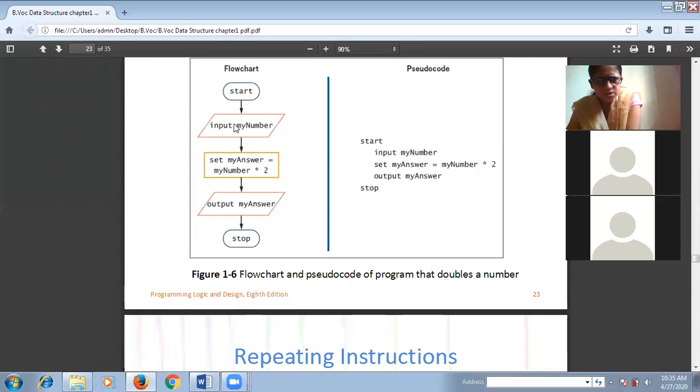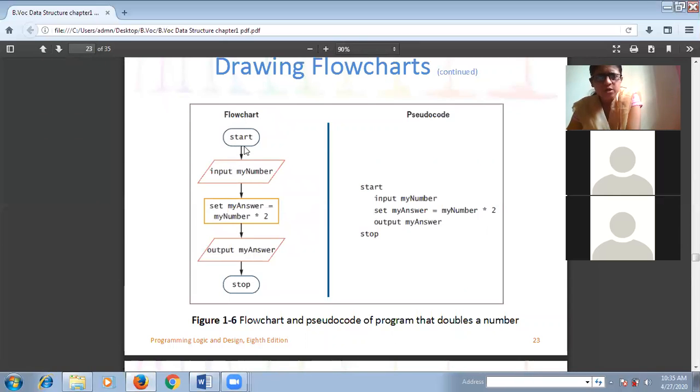Now suppose this current instance of a flowchart, it is fine or it is working when we want to test it for a single number only. If we have input one number and we want to double it, then it is working fine. But suppose we want to double the values of 10,000 numbers. In that case, this particular flowchart is not that much efficient. That means it is not possible to write this much of statements 10,000 number of times.